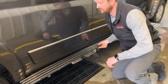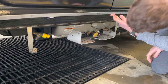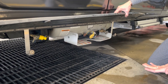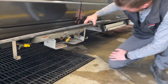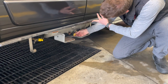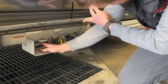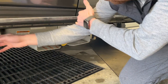Underneath here, you've got access to your propane system. This will need to be filled by a person who's qualified to fill propane tanks. Most service stations will have that person. They'll fill from here, but you've also got a propane level gauge on here, and you have a quick connect